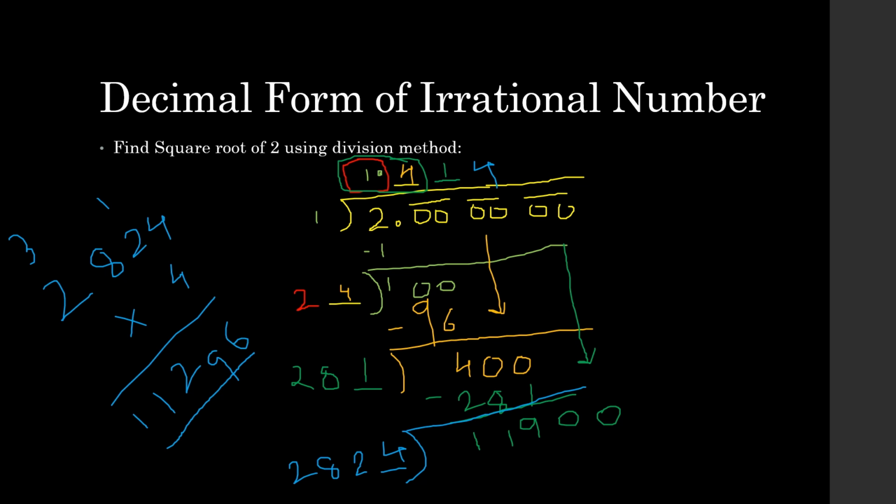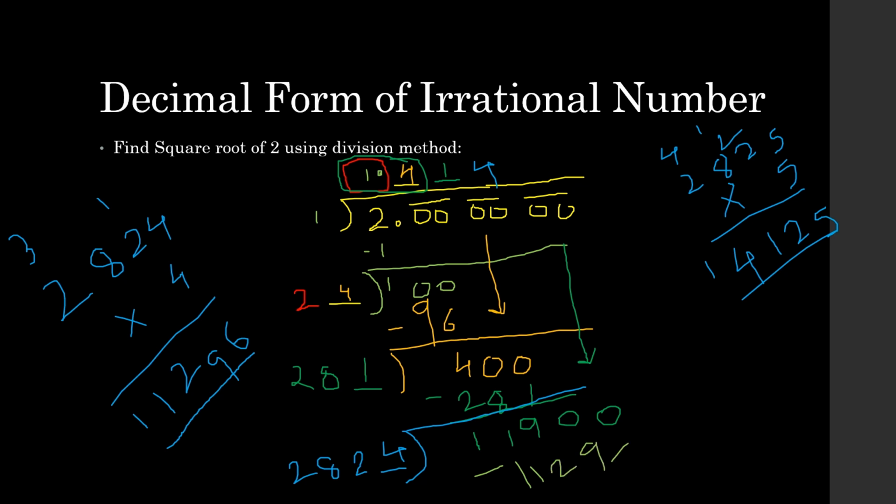Now we'll just see for 2825. 2825 multiplied with 5. 5 5s are 25. 5 2s are 10, 11, 12. 5 8s are 40 and carry 1, 41. 5 2s are 10, carry 4, 14. So it is 14,000. So the correct digit will be 4, because if you take 5 it is exceeding 11,900, and if you take 4 it is smaller than 11,900. So our next digit will be 4,